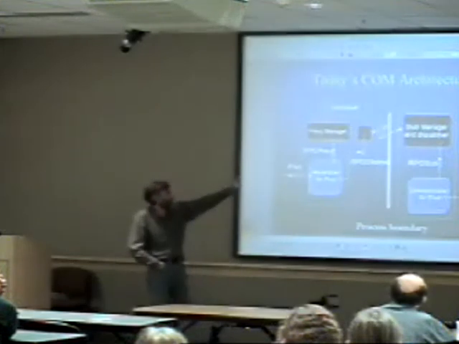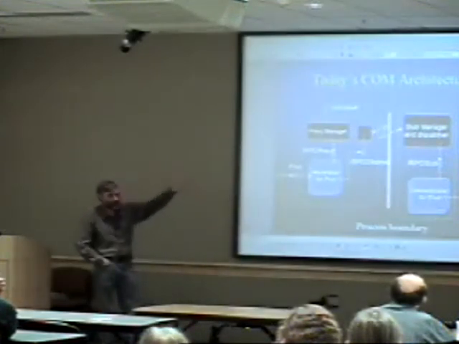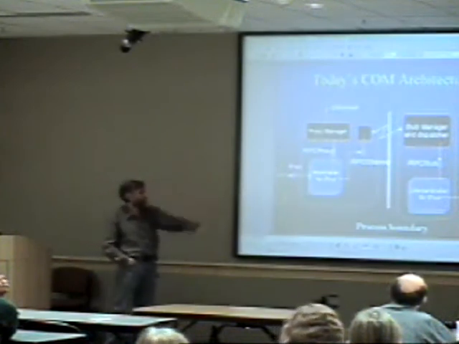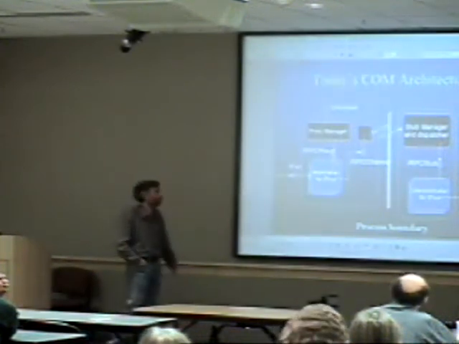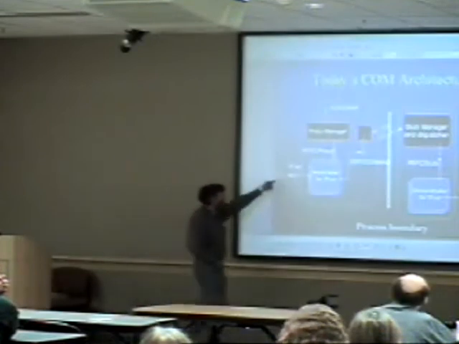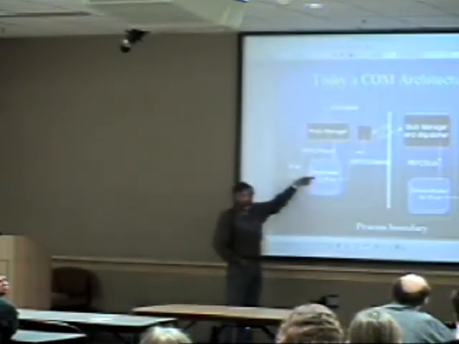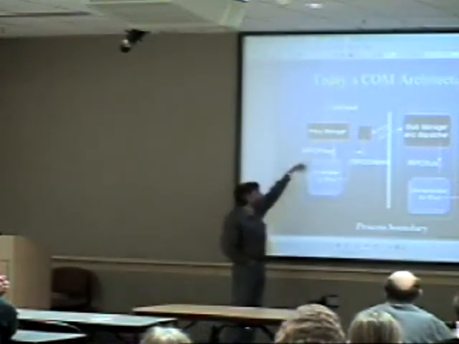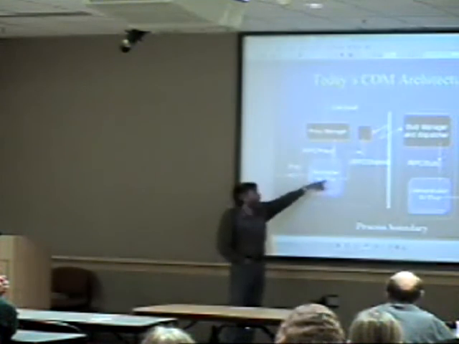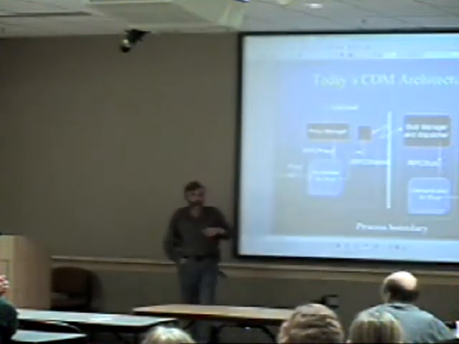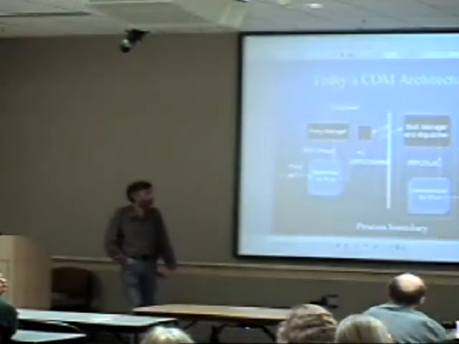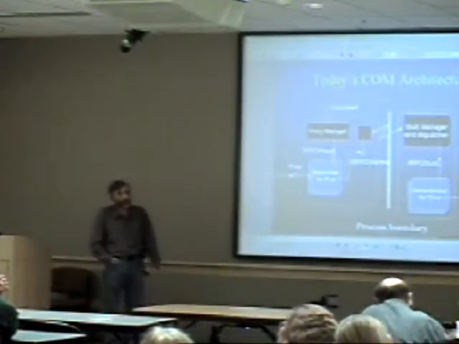And this is what I referred to earlier about the infrastructure itself being built out of components and plugged together to make the access to remote components work. And so there'll be a query interface happening between these things. In fact, what will happen is the query interface will go to the proxy manager, and he'll say, gee, I better go find a proxy for that interface, and I'll go and load it in, and then say, yep, here it is, and hook it all up so it can talk to the channel, and so on. So there are examples of both flavors of where the objects are and how they get connected.